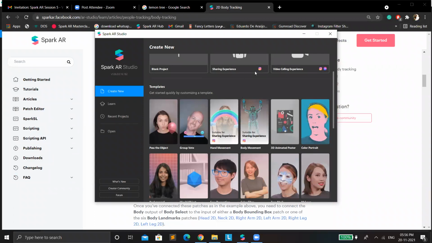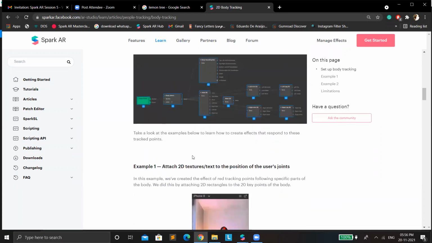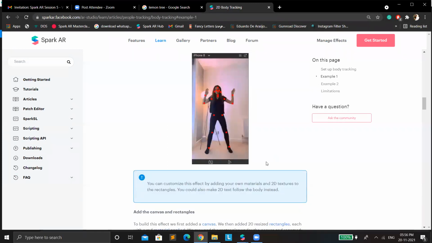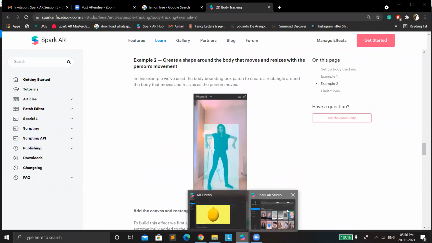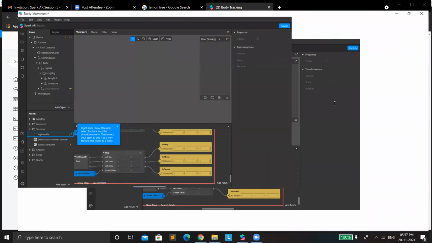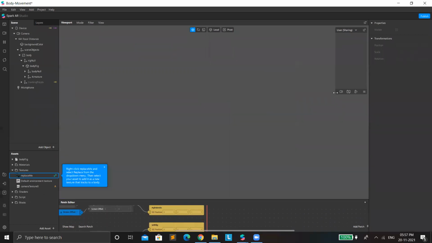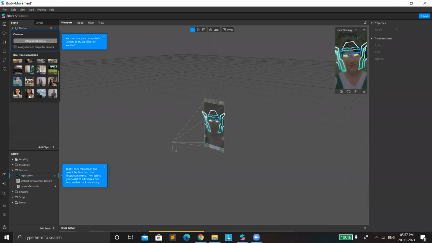For example, let me open this one. So we have body select that can adjust the value in the patch to select a specific body detected by the body finder patch. And you can add a texture here, see how it is shown in the example here. So let me see if the project has been opened. If you are willing to customize this body texture, then what you could do is, let me first change it to,